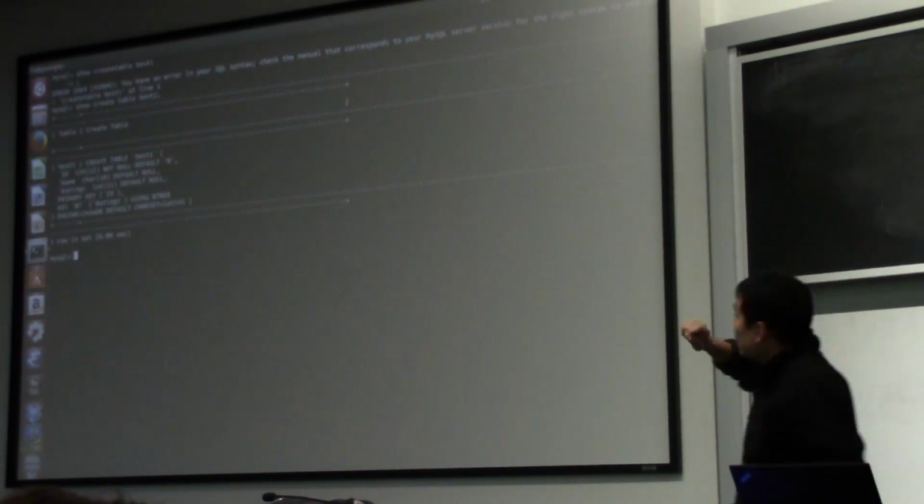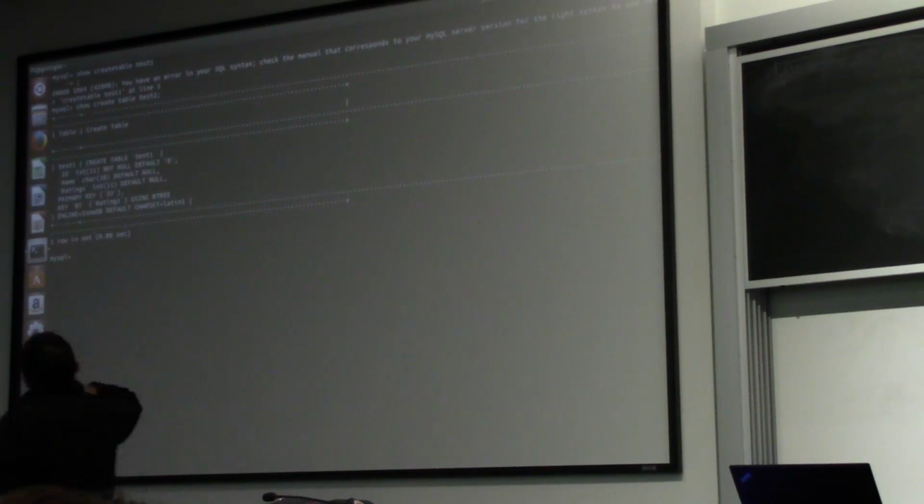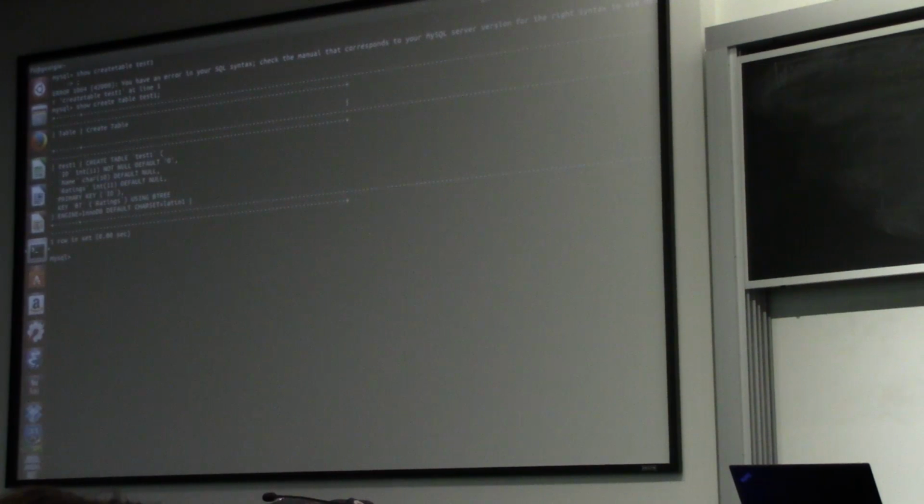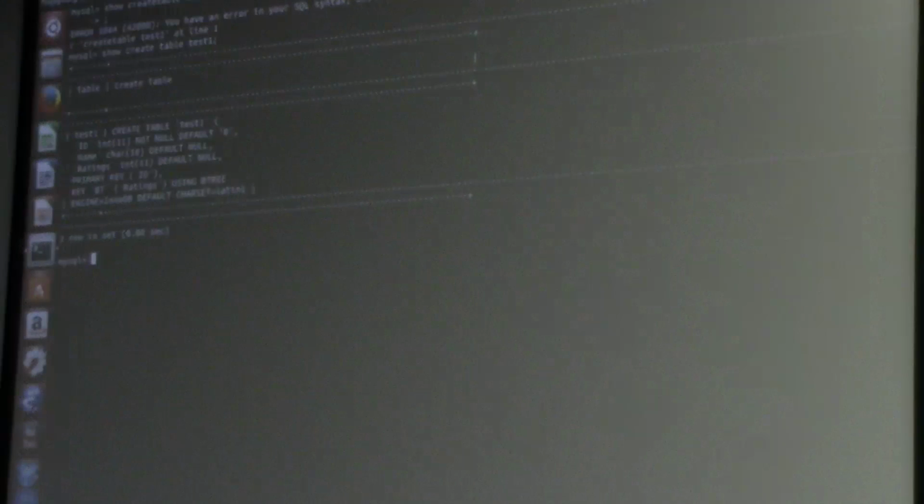So this is the schema of table 1, test 1. So it has 3 attributes: ID, name, and ratings. So ID is kind of like a primary key value. Name is I generate some random string simulating that's the name of a person. And rating is the rating value I give for that particular person. Does that make sense? And rating, I believe, is in the range of 1 to 100. And the size of this table is about 5 million records. So I have 5 million records in this table. Does that make sense?